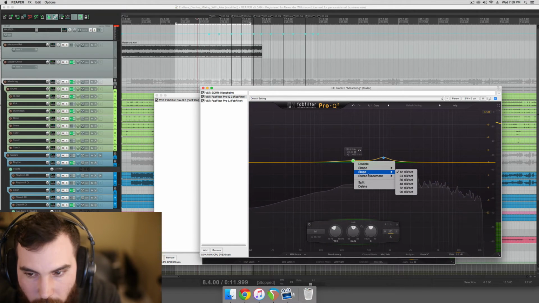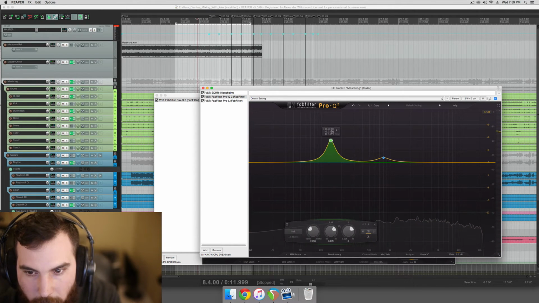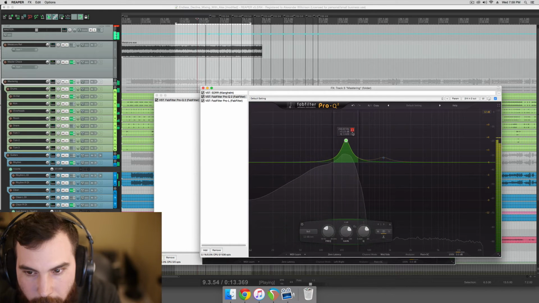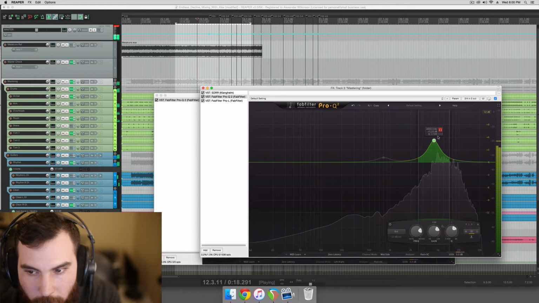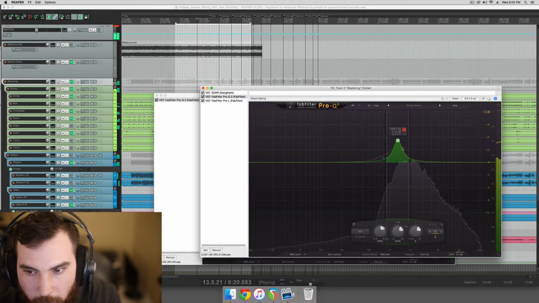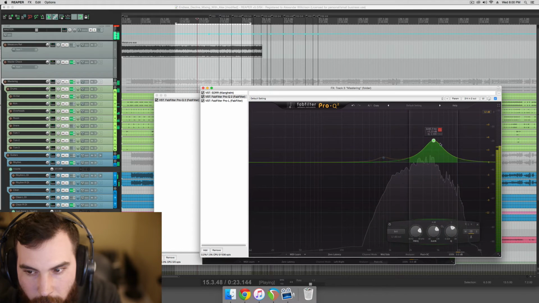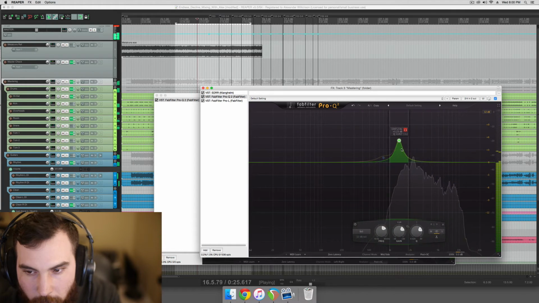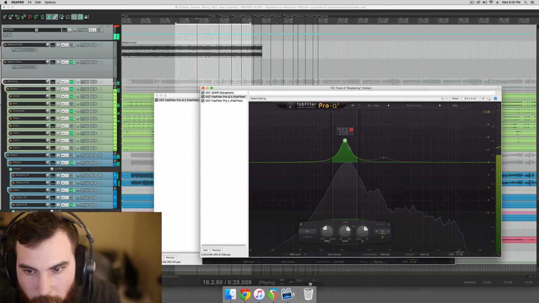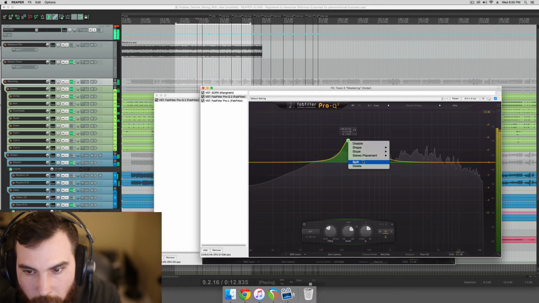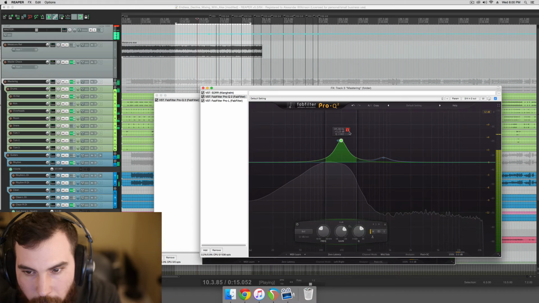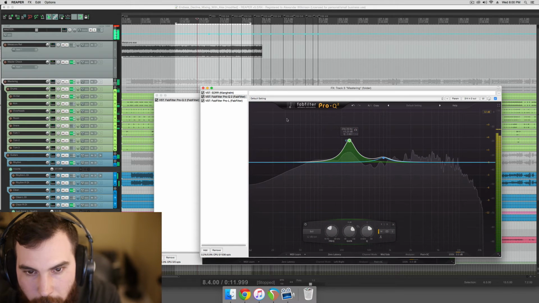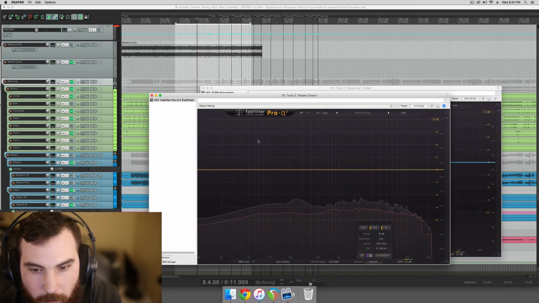Another thing we can do is we can just do our regular sweeping for problem areas and stuff like that. And if we check in our master, I think there was